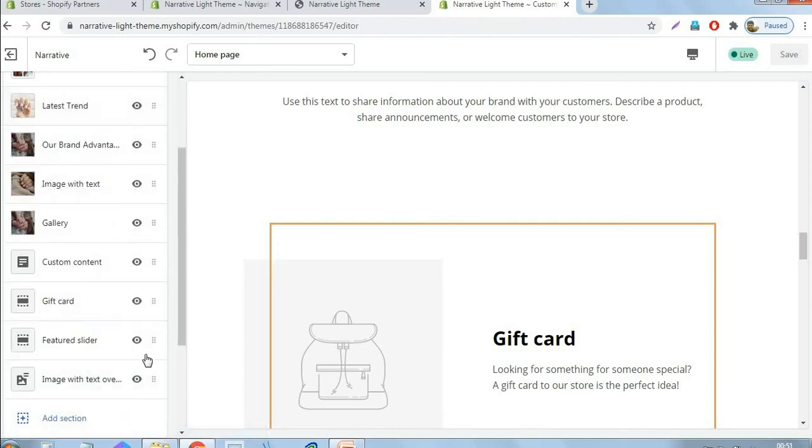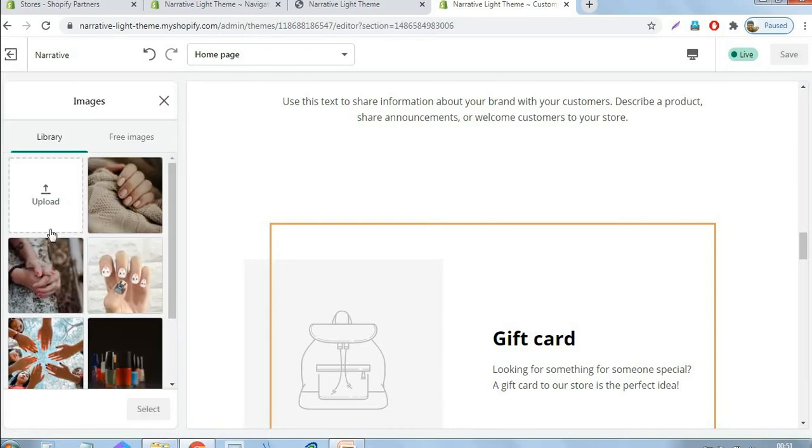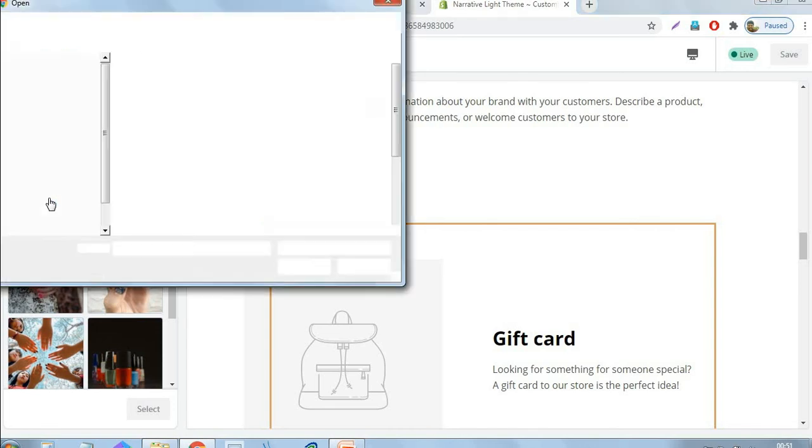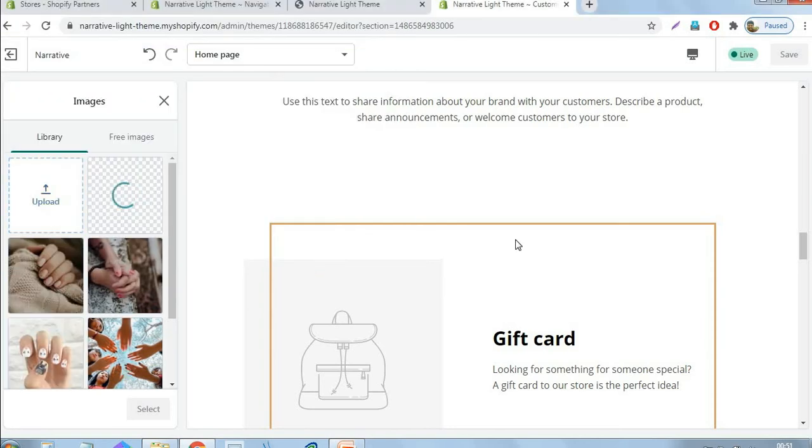Okay, let me go to the gift card. You just choose an image for a gift card. Let me choose free shipping in US only. We can announce not only a gift card, we can announce anything here.